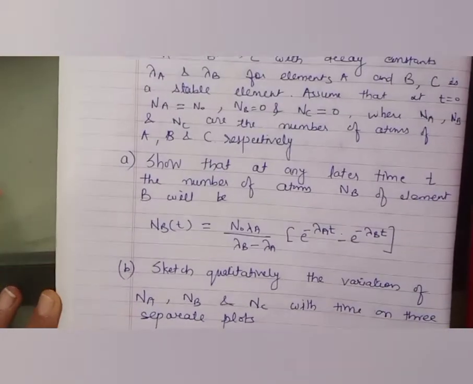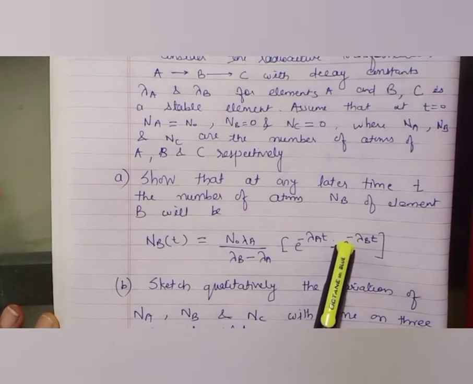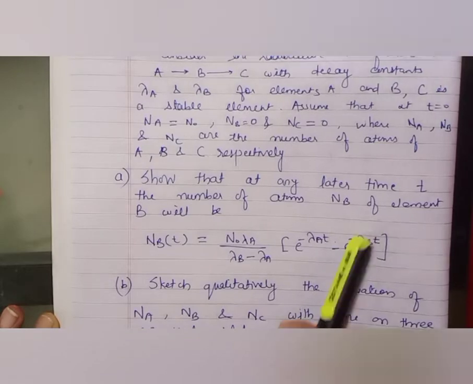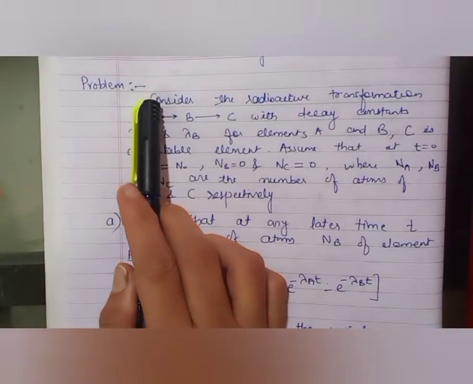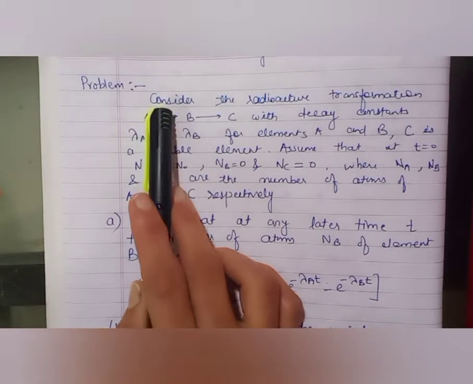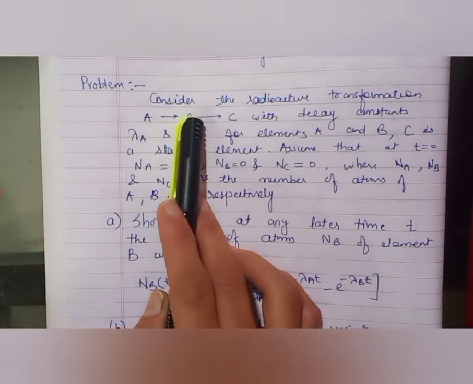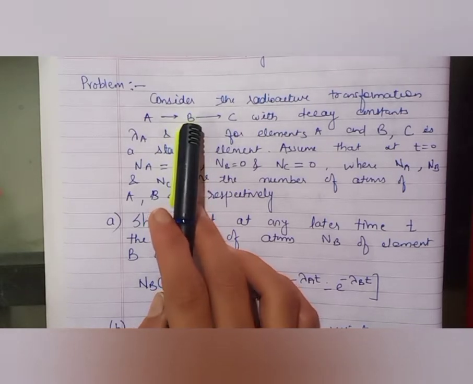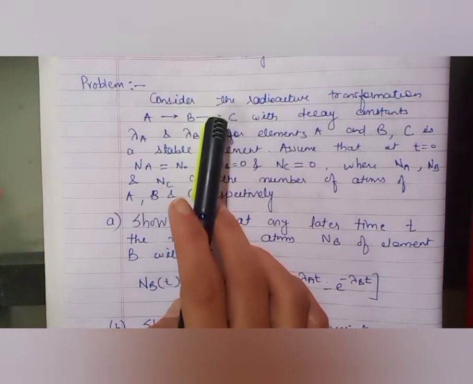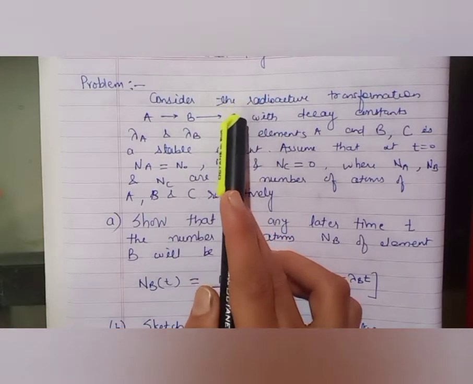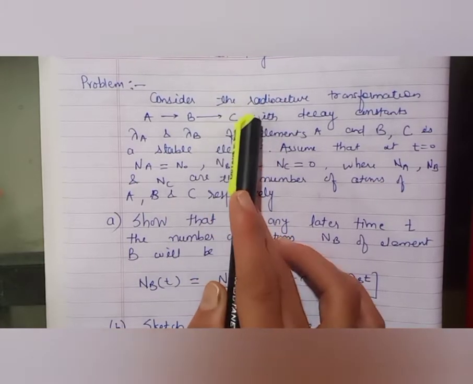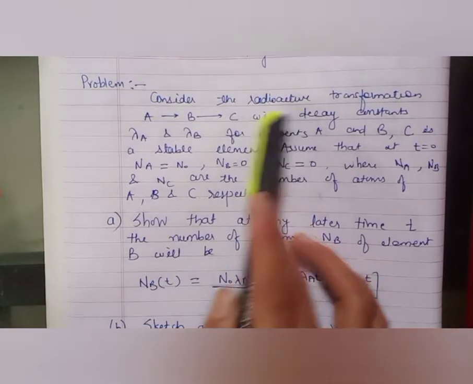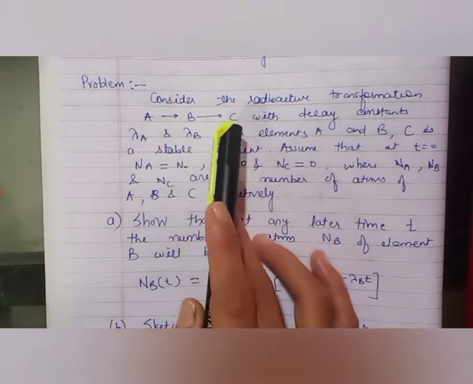Now if you look at the first part, this is nothing but the law of successive disintegration. So a parent element A decays to B. It emits alpha, beta or gamma radiations and it decays to B. And if this element B is again unstable, then it will also emit alpha, beta, gamma radiations and give another element C. So this process will continue until a stable element is formed. So this is nothing but the law of successive disintegration.